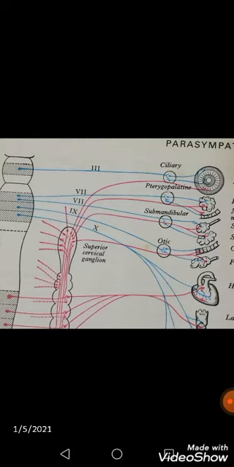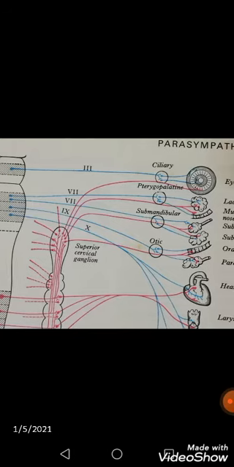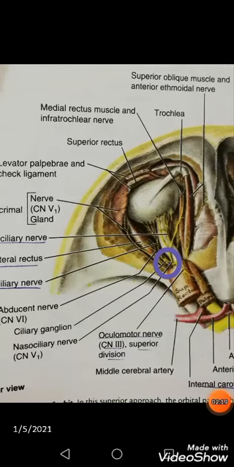But these parasympathetic ganglia lie closer to the structure they supply in comparison to the sympathetic ganglia, which send their postganglionic fibers to similar structures but are located, you could say, far away from them. And the sympathetic ganglia give rise to fibers that form plexuses on the arteries which supply them. So that was the main introduction about the parasympathetic ganglia.